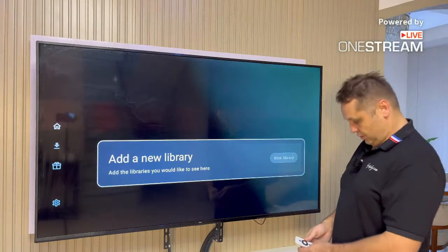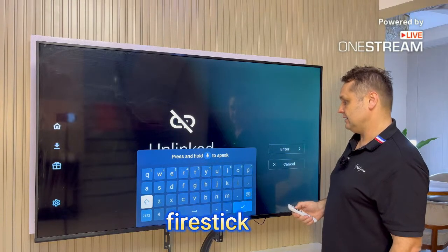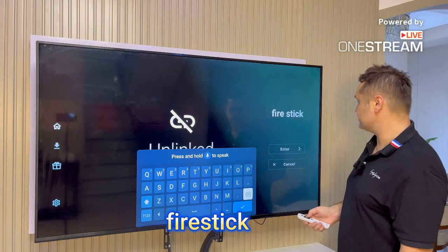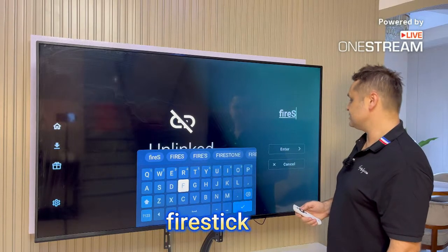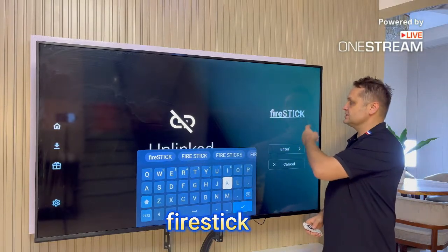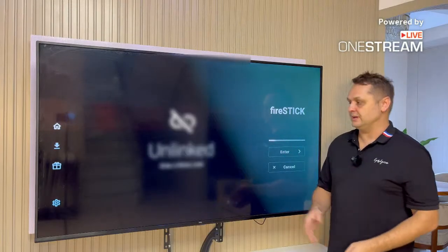Our VPN is on. All we have to do now is click the new library, and this will blink. You click inside here, and you type in basically Fire Stick. Okay, so let's try the voice. Fire Stick. See, that's wrong because it will never get me into the store because there's a space. So make sure you type this in without any spaces. Capitalization doesn't matter. See, I'm putting in half of the word with capitals and half of it without capitals. As long as the word Fire Stick is there, regardless of capitalization, just the word Fire Stick, and then you would just press the little check mark, and that would throw you right into my store, the word Fire Stick,